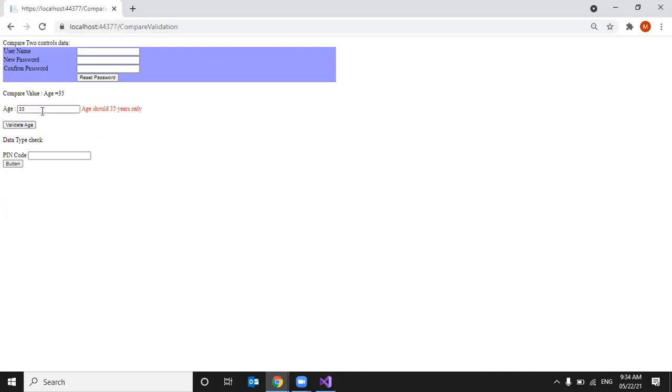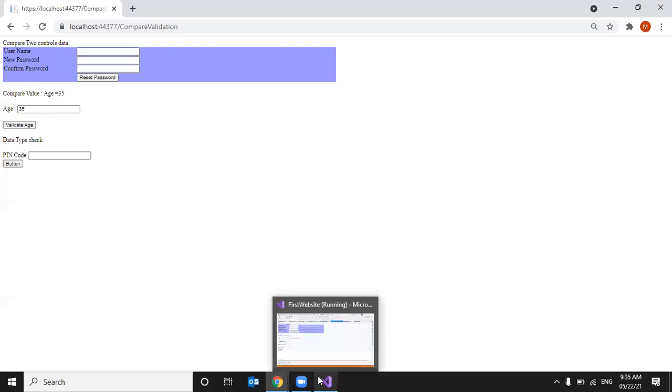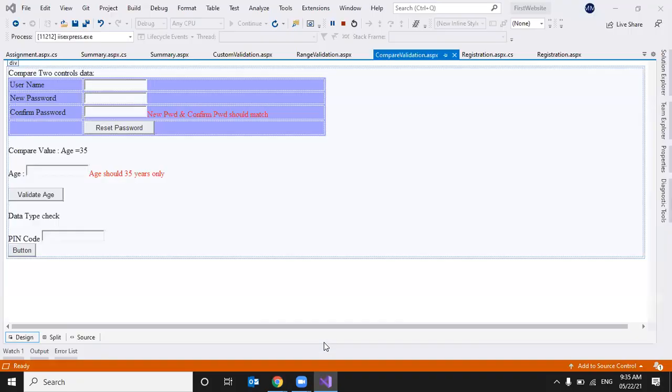It is not reloading. If I enter 35 here, it is submitting. Using compare we can compare the required element. If we want to check greater than or equal to, we have a range validator for that. I'll show that.